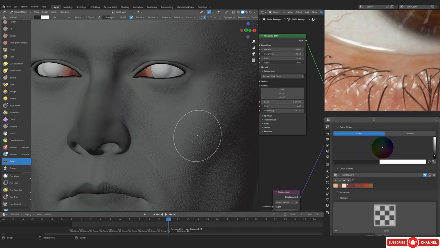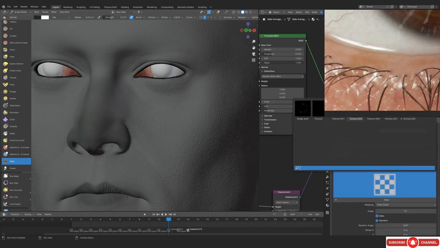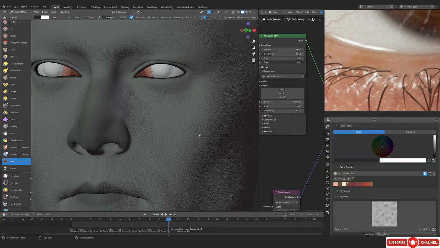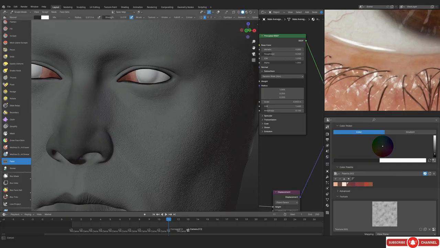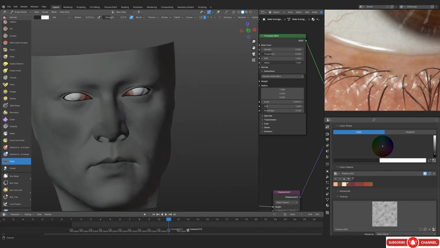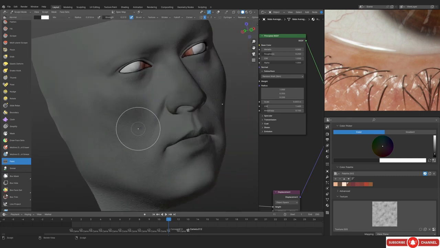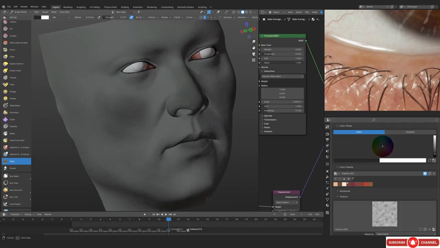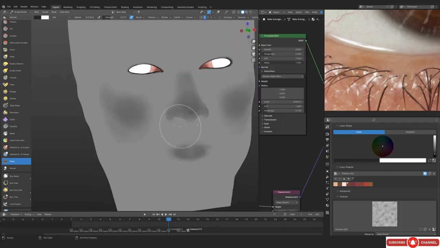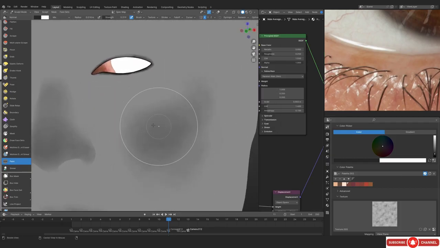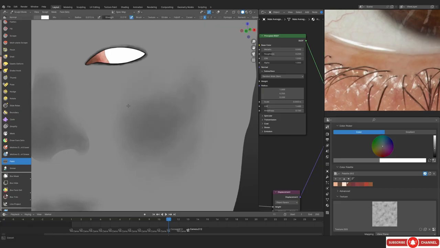But this actually does look pretty nice, and you can see that I'm basically just choosing the texture again, because I removed that to paint the eyelid area, and now we're going to be adding some black on the cheeks. So wherever we want shininess, as I've talked about, it should not be really that complicated. And just try to block out the colors first, because we are going to be blending them together just like we did with the eyelid area. So this is what we have.